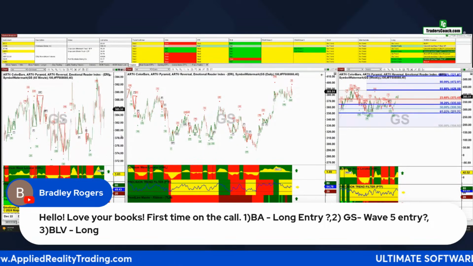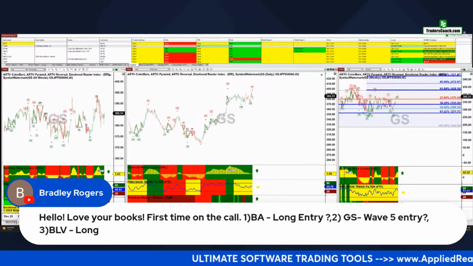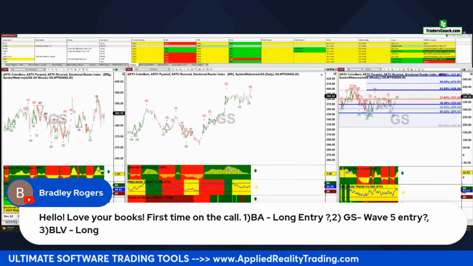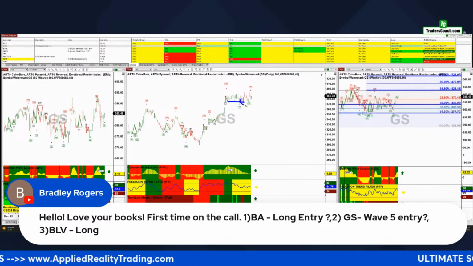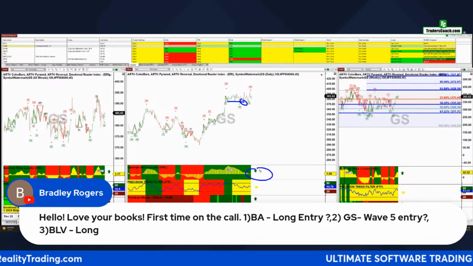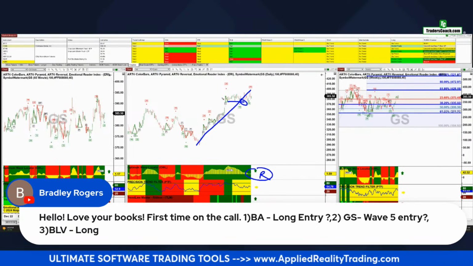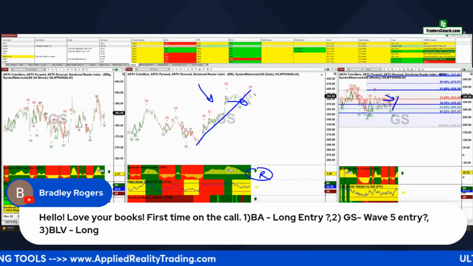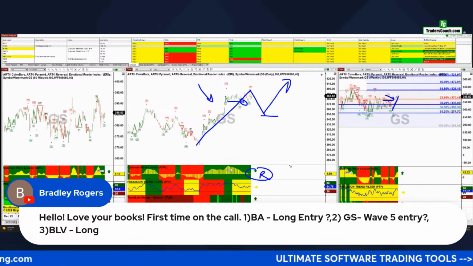All right, so let's take a look and see what's going on down here. On this chart here, we've had 1, 2, 3, 4 of our pyramids. And one of the pyramids actually stopped you out here because the stops go under the bottoms of the pyramids. So you would have been stopped out. We're close to going red. What the daily chart is doing is it's measuring the Elliott wave on this chart, which is this big move up over here. And so we're probably coming back into a pullback here before it goes back up.